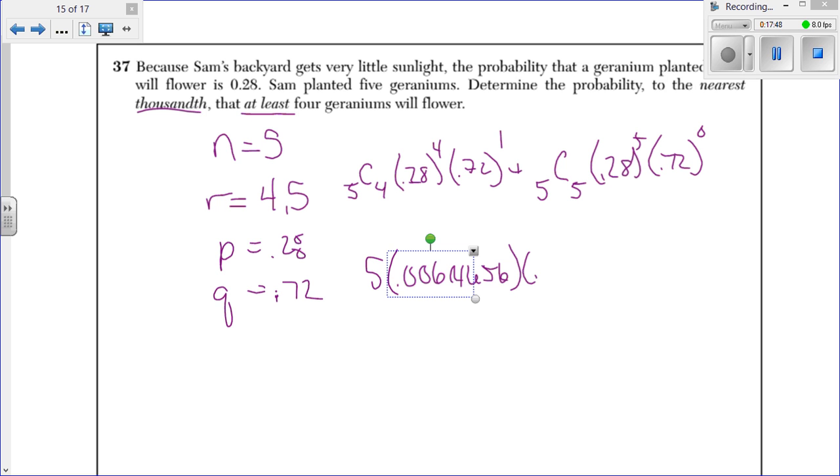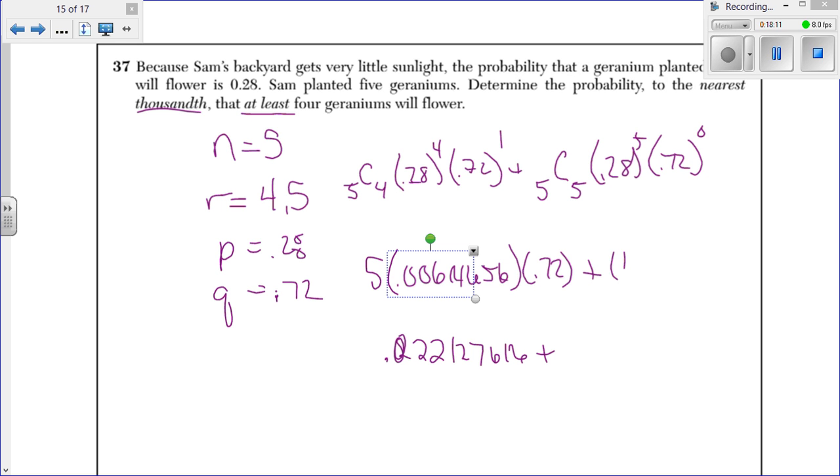That's what we have here. And then times 5 is 0.202127616 plus